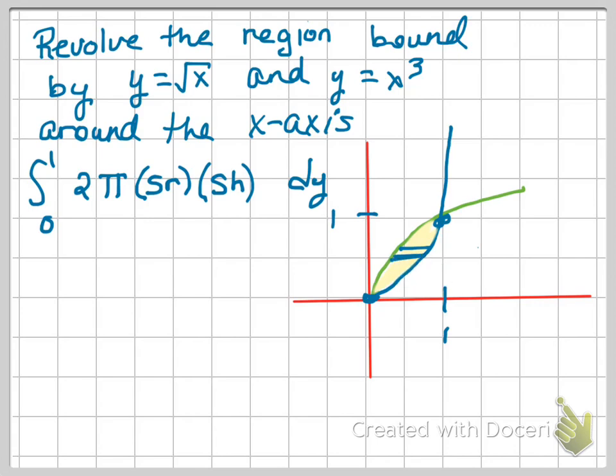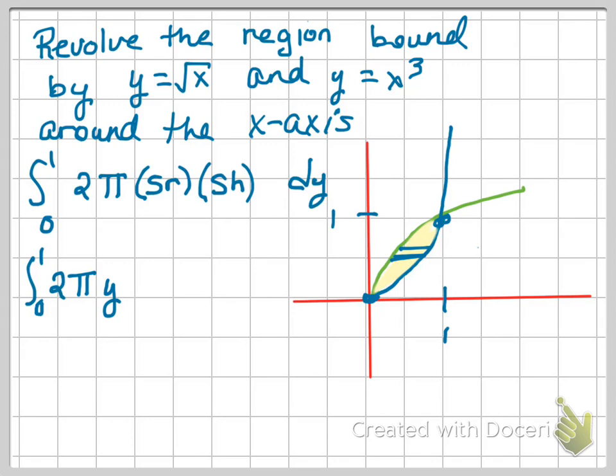All right, so if I rewrite this, I'm still from 0 to 1, 2 times pi. We said the shell radius was y. Now the shell height, or width, is the distance from here to here. Now, how am I going to write that mathematically? The distance between here and here. Well, if you think about that,